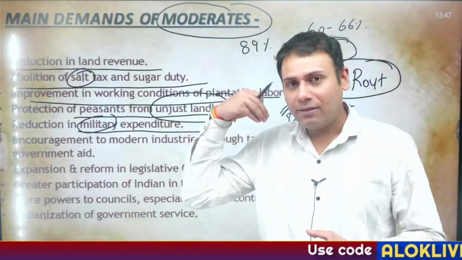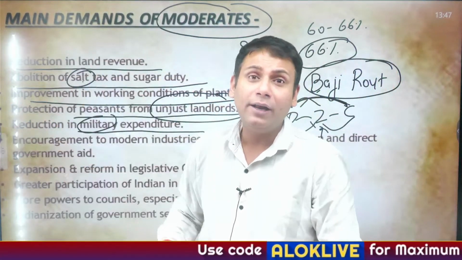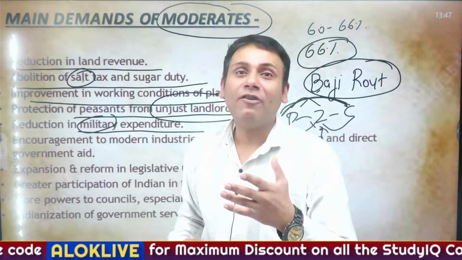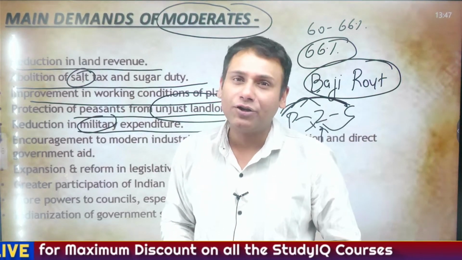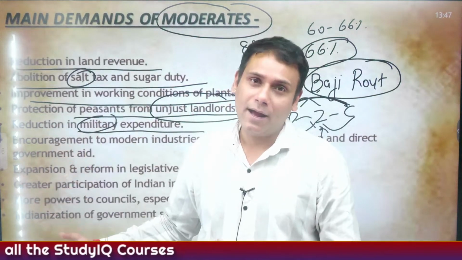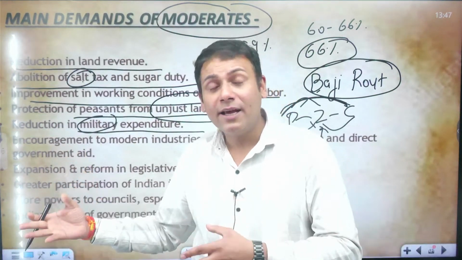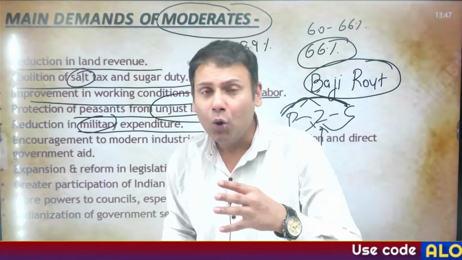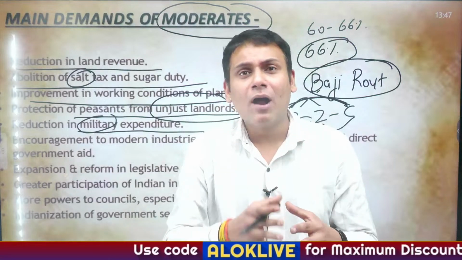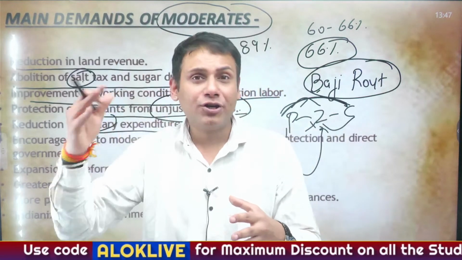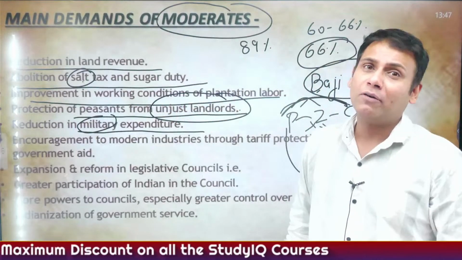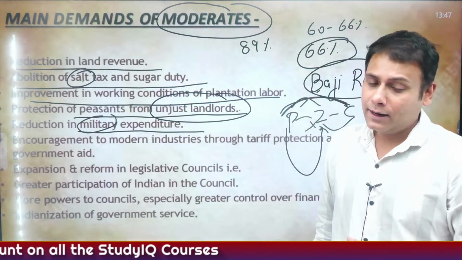And since they were fighting throughout the world for the colonies, now what happened? They wanted money for what? For military equipment, for arms and ammunition. Where will the money come from? The money will come from India for buying the arms and ammunition. So the Congress here demanded that rather than spending that money on arms, ammunition, imperialism, expansionism, spend that money for the welfare of the subjects. Correct?